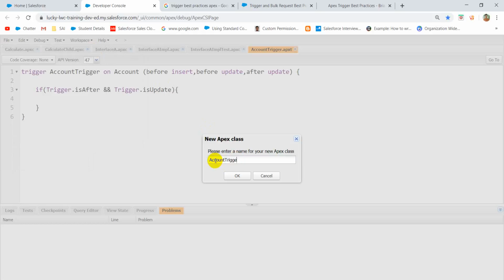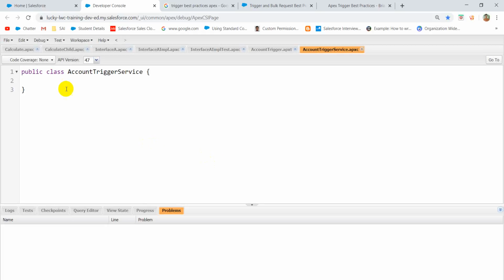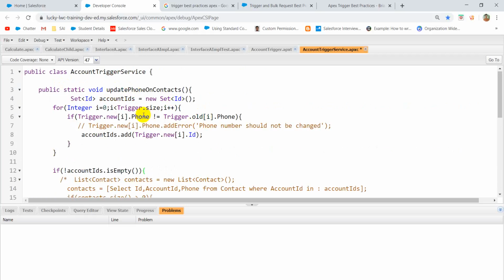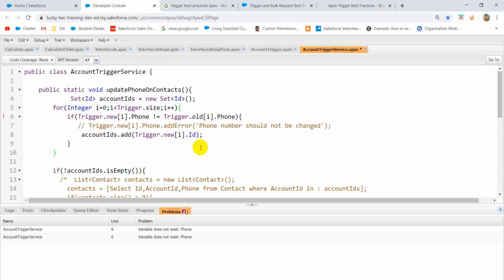Let's use AccountTriggerService. It's a separate class. Okay, from the separate class just create a method, public static void. Then here, what is the actual thing? Update phone on contacts. Okay, so inside this you are going to write like this. So this method we have written, and the one important thing is,